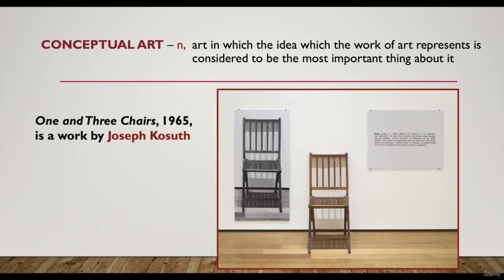So I'd like you to have a look at this picture here. This picture is called One and Three Chairs. This is a work of art created in 1965 by Joseph Kosuth. Here you can see that in the middle, there is a real chair. On the left, you can see a picture of the same chair. And on the right, there is an enlarged definition of the word chair